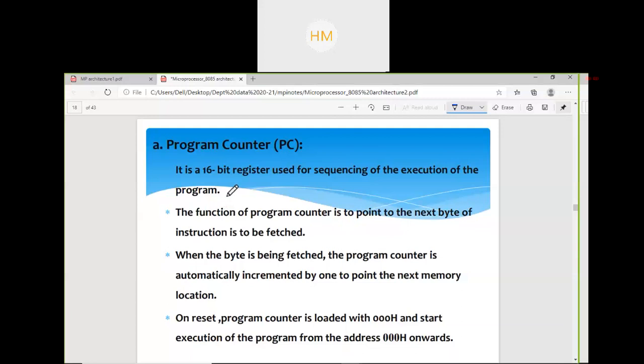It will first store that location from where your program is starting, 2000 hex. Then after reading each instruction, it will automatically update itself to the next location. The function of the program counter is to point to the next byte of the instruction to be fetched. When the byte is being fetched, the program counter is automatically incremented